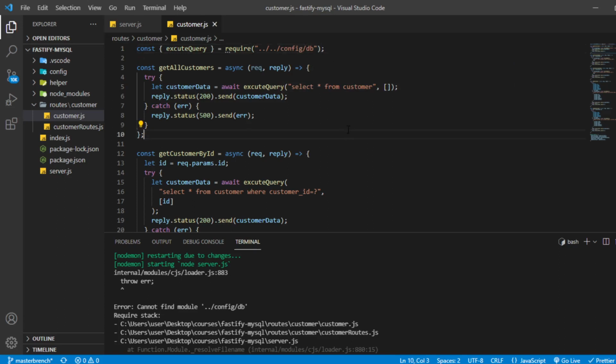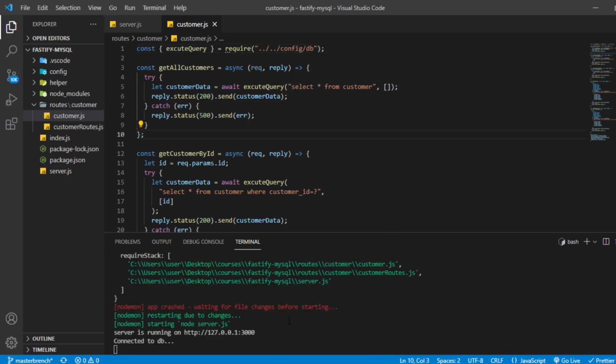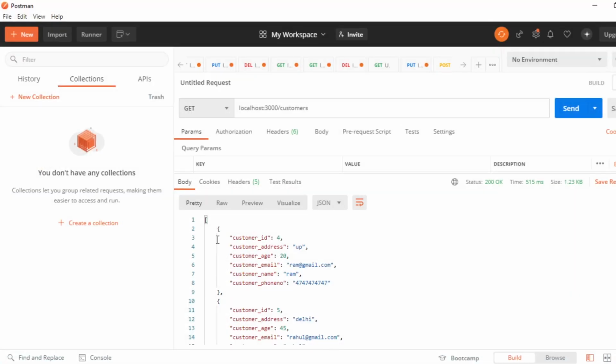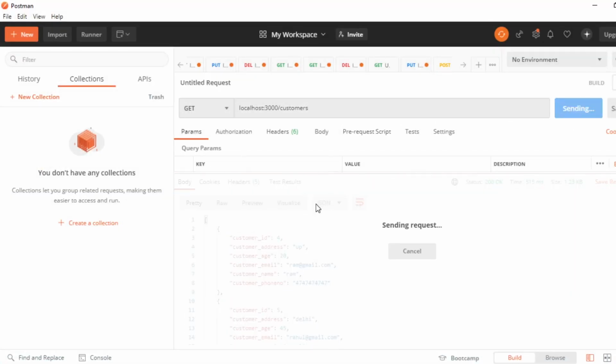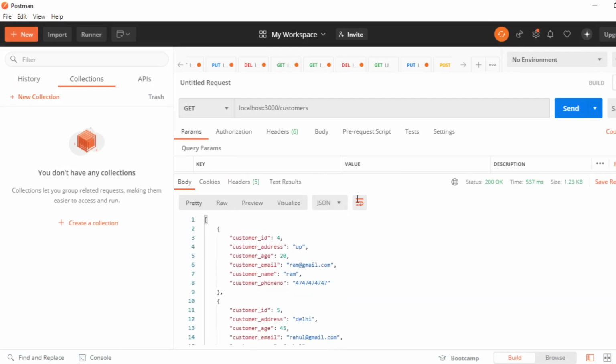Okay, now let me save it and see. Yes, it is working fine. Let me cross check also. If I hit send, I should be able to get the data. Yes, and if I get data by id, it should be working.